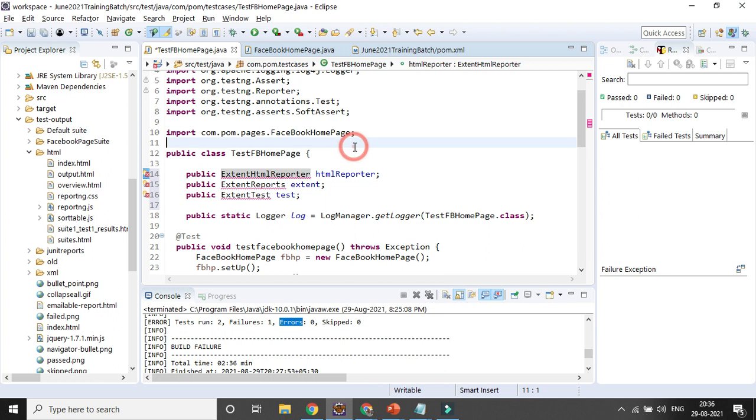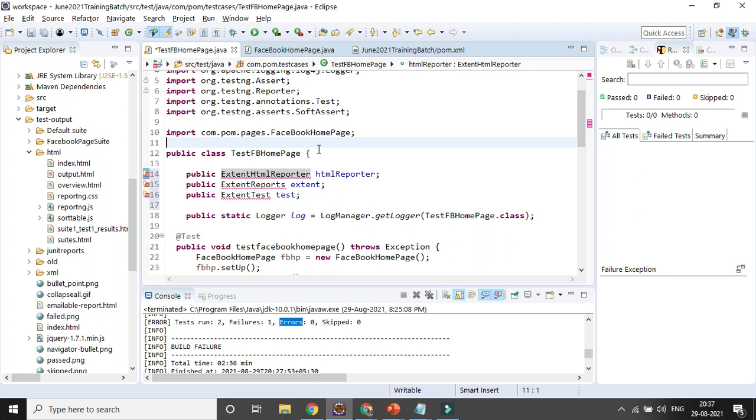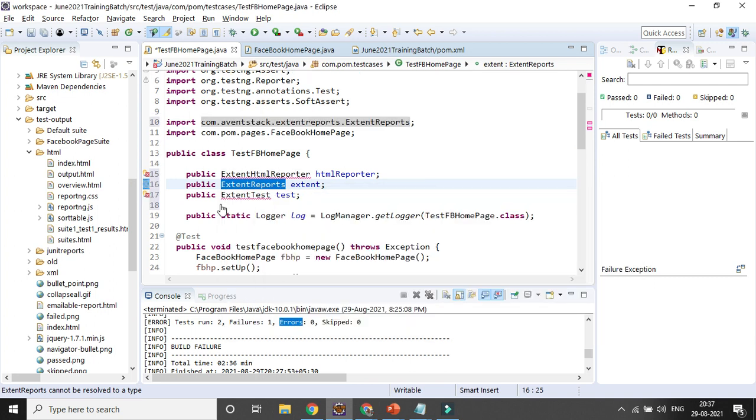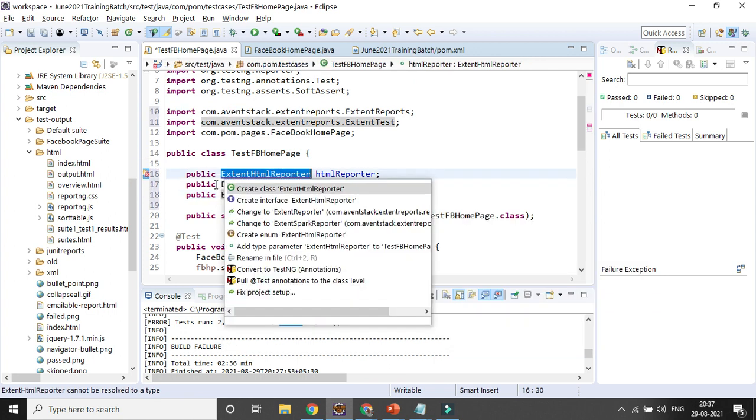Is it not saved yet? Import it, and for the HTML also you need it, why is it not coming?